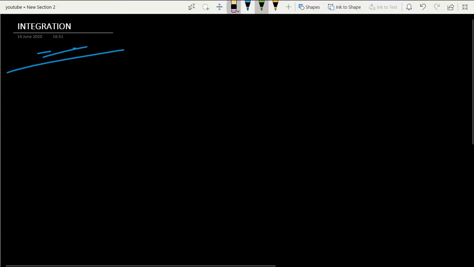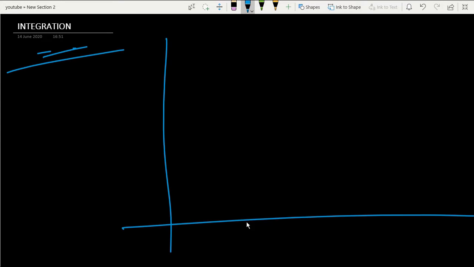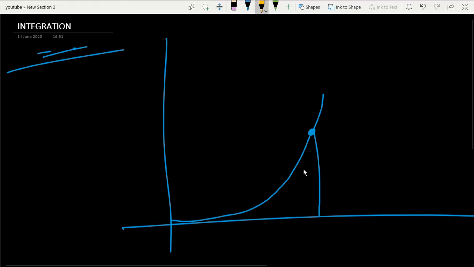Now let's see something in a parabolic graph. If this is a parabolic graph, then I'll tell you, find the area of this part. How will you do it? It's not possible to find the area directly. So I'm going to tell you how you can do it. What you will do is cut very thin strips in this, like this. Okay, very thin strips.